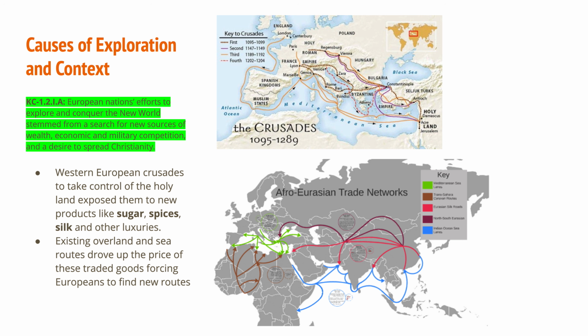And in order to do so, they had to travel very long overland distances or very complicated overland and sea routes. And because the shipping lanes were so far away, it cost a lot of money and it was not very profitable for people to do so. So they began to try to look for a better way or a better route that they could control so it's not as expensive.